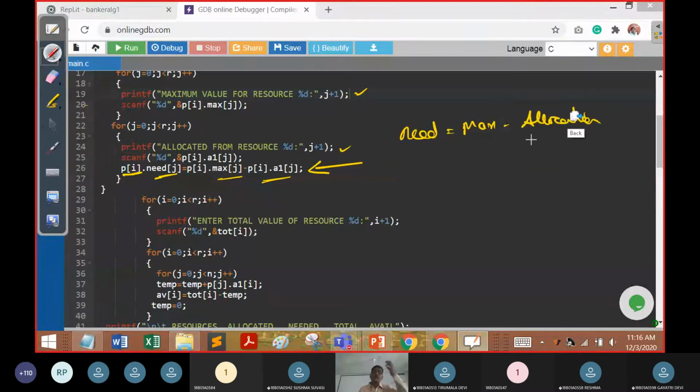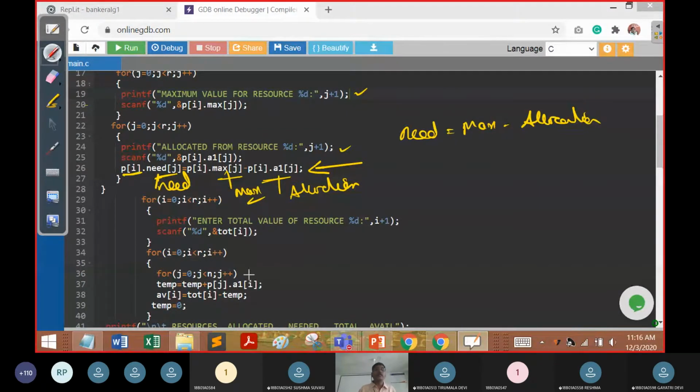Okay, so that is what we have taken earlier. So when we say P dot need here, maximum minus A, and A1 we are going to call it allocation here, and the maximum number of resources it is going to take. This is called a need vector. Got it? So first part of the safety algorithm we are going to iterate.